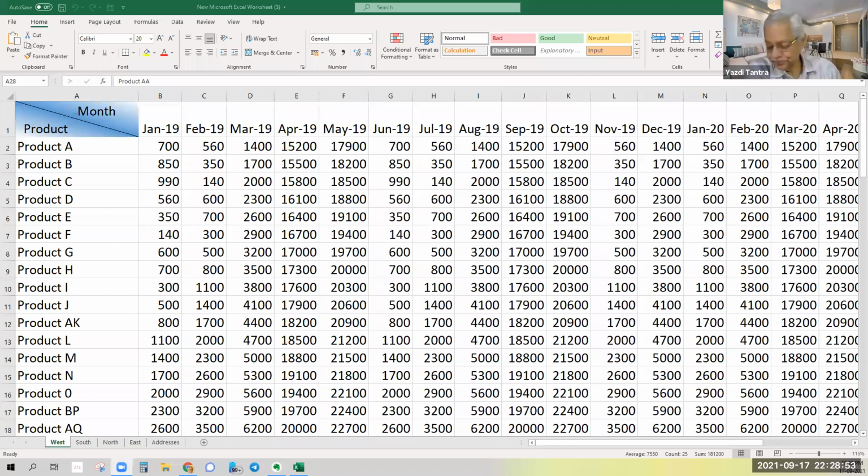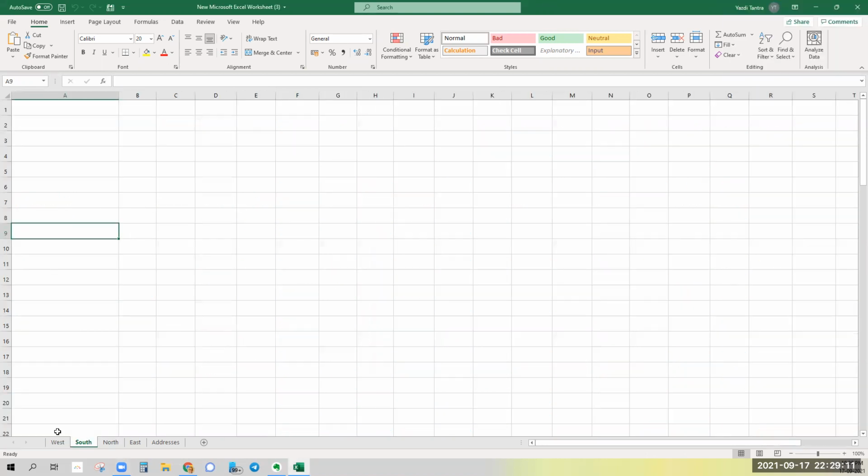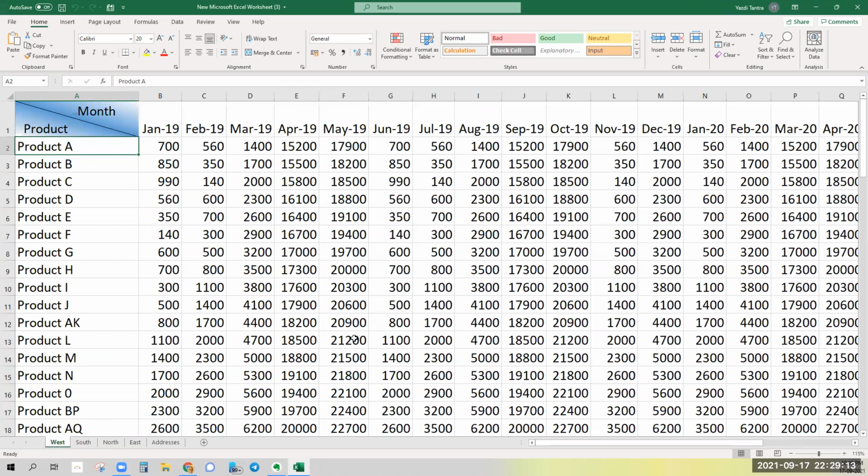So you've got west, south, north, east, and you've got product A, let's say. Suppose you have just product A in all the sheets, and instead of 26 columns, you have just one column.